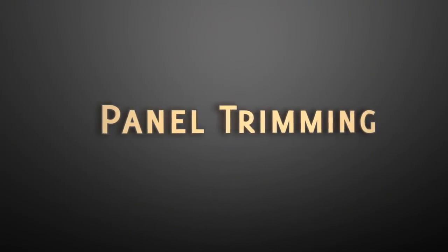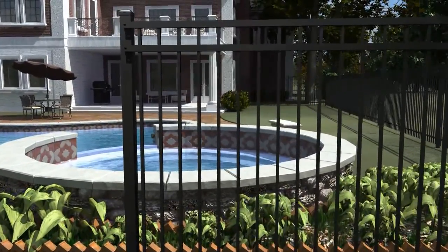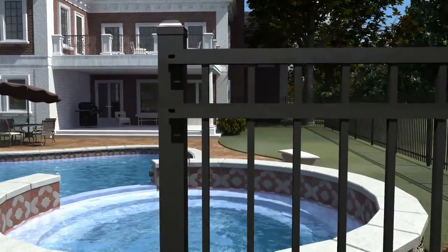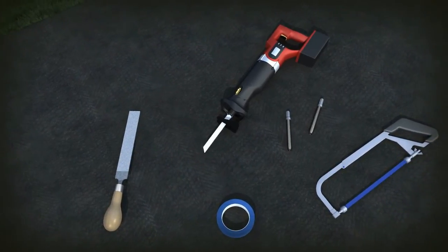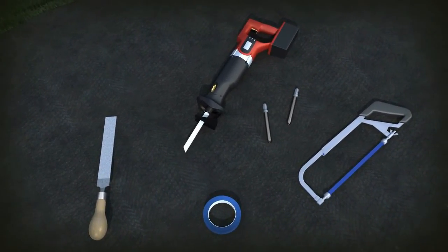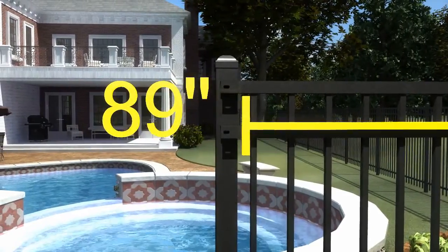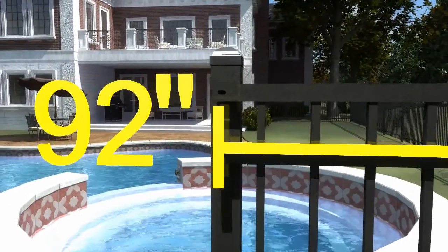Panel trimming. When post dimensions are less than the required 95 inches, panels will need trimming to fit the post spacing requirements. For trimming a panel, you will need a reciprocating saw or hacksaw, masking tape, file, and Ameristar primer and paint pen. In this example, the inside post spacing measures 89 inches, the panel width measures 92 inches, leaving a difference